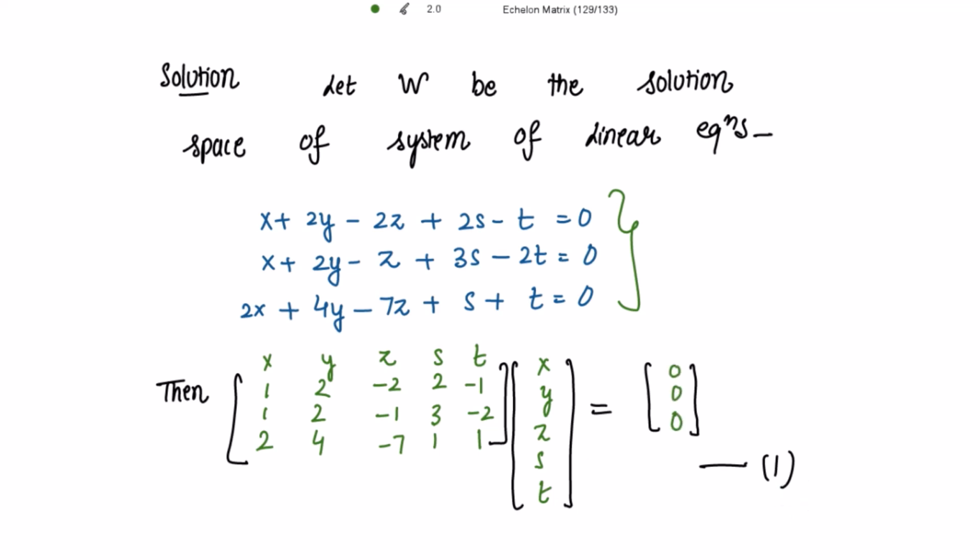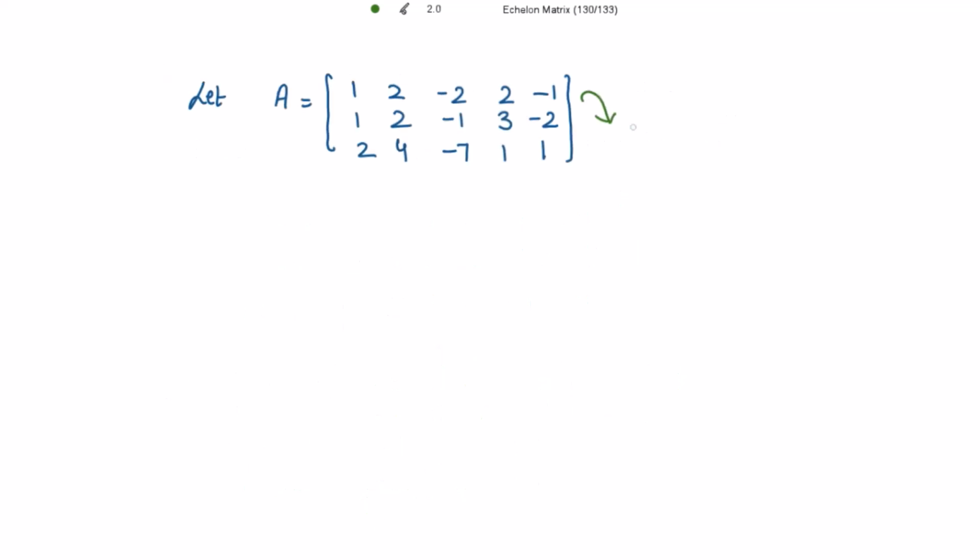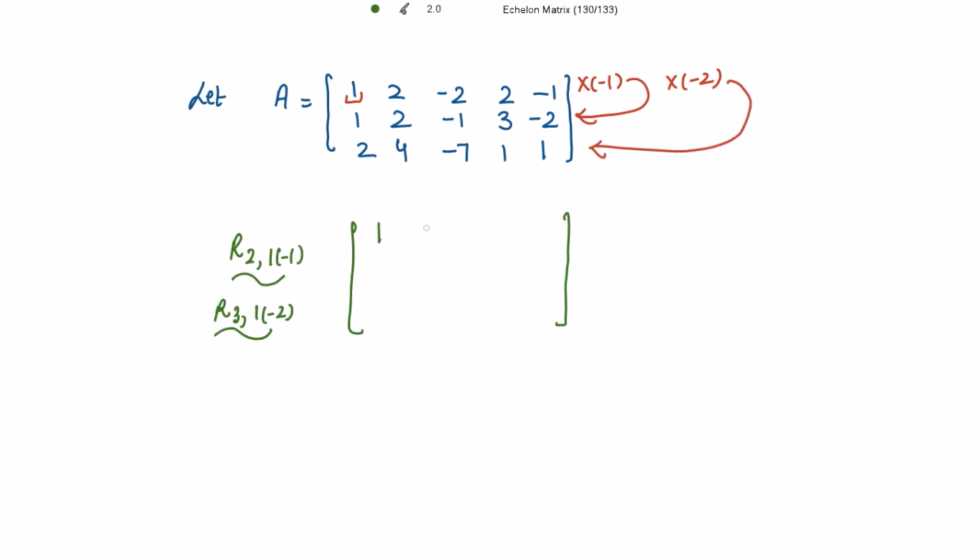Please mark this as 1. Let me name this matrix as A, and we need to reduce this matrix to row echelon form. Now in the first row, I am having 1 as the leading entry. To make this the leading element, we need to make these two entries 0. To get 0 in place of 1, just multiply row 1 with -1 and add its elements to row 2. To get 0 in place of 2, we multiply row 1 with -2 and add its elements to row 3. Writing the first row as it is,